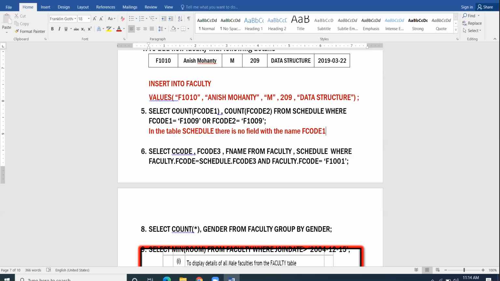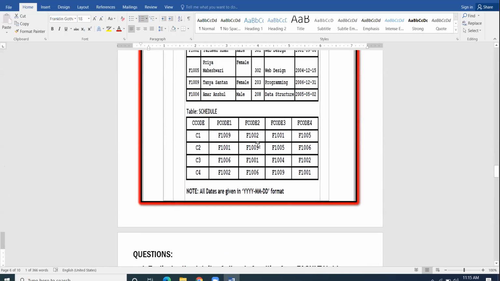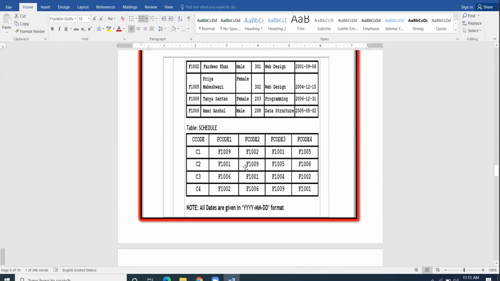Now, if we consider only F code 2, then as per F code 2, the answer is 1.